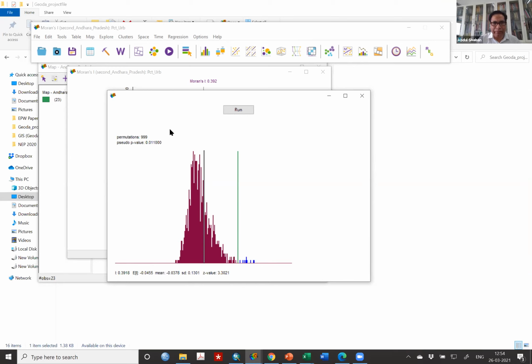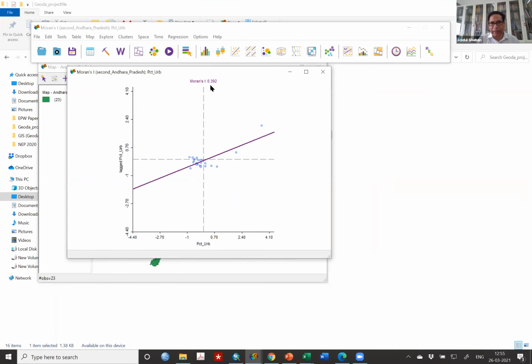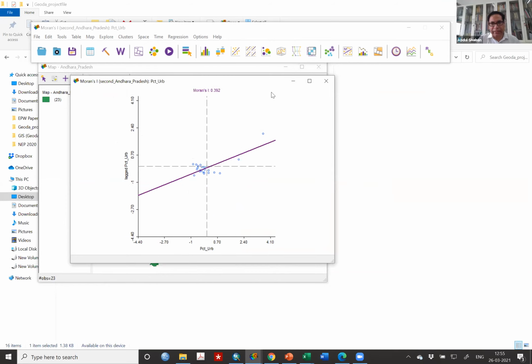You can also have, for example, a map which is called local Moran's I. Can I move from this to the other? Because regression is still remaining, so I want to finish it today, maybe in another 15 minutes. Are all of you able to understand this local Moran's I? It's the same thing we computed earlier.